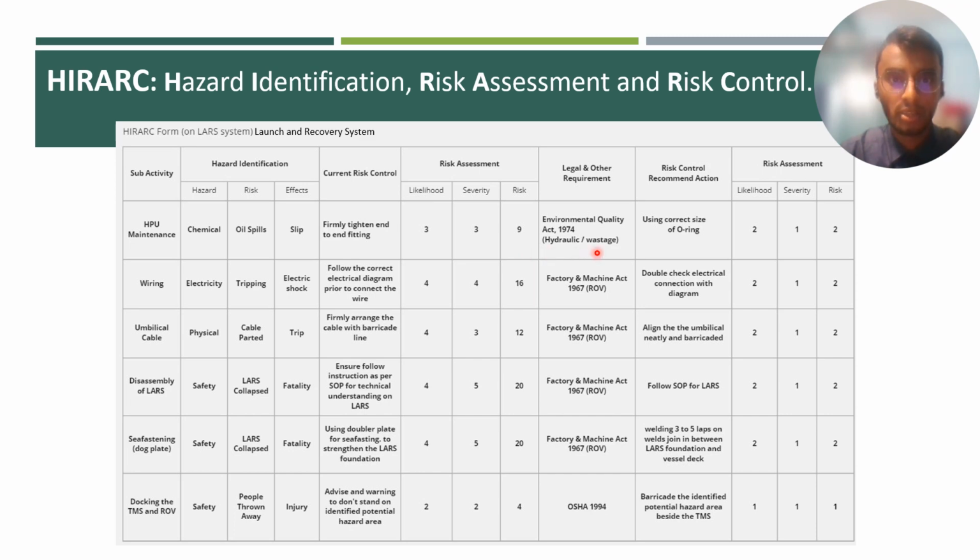The legal and other requirement is Environmental Quality Act 1974 for hydraulic wastage, and the recommended risk control action is to use the correct size of O-ring. And after the action has been taken, the risk assessment likelihood is 2, severity is 1 and